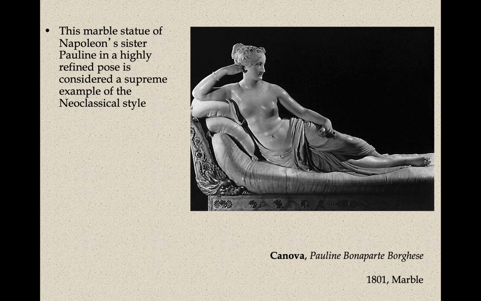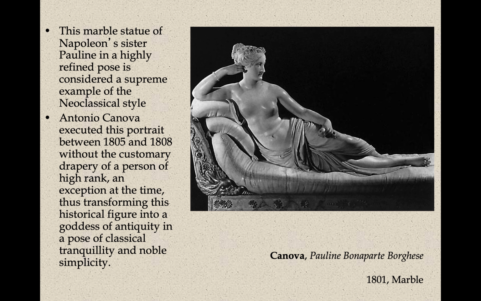All right, here's a picture of a marble statue of Napoleon's sister, Pauline. Again, very similar to what we saw within the Renaissance, that humanism focused on the human aspects. Obviously, there's nudity in this, ladies and gentlemen, but the balance, the simplicity, the harmony, the tranquility, the simplicity, very important themes within Neoclassicism, bringing back the ancient Greeks and Romans in the Renaissance that we saw.